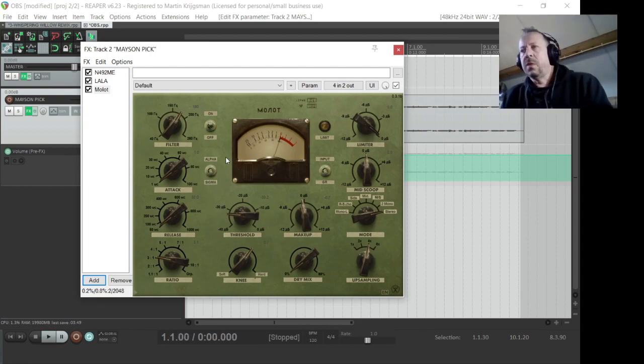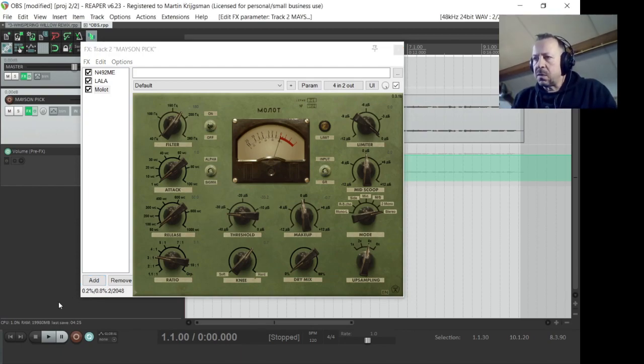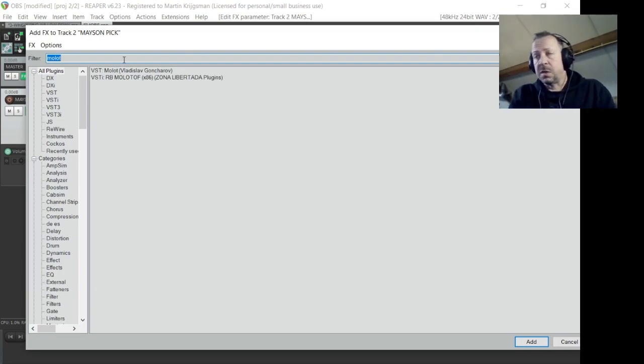So now we have EQ'd, we have put two compressors in, and if you really think you should do another round of compression because you need it to be more flat and less breathy, which could happen, just add another compressor after it, but also very gently, never more than like 3 dBs of compression. So here we go. The next one is going to be a delay to create space in the track, and usually I use, and I'm going to show you, I will use just because it's a very quick process,